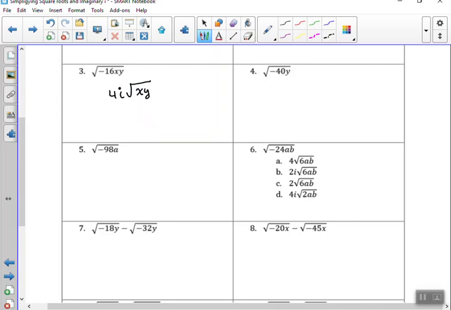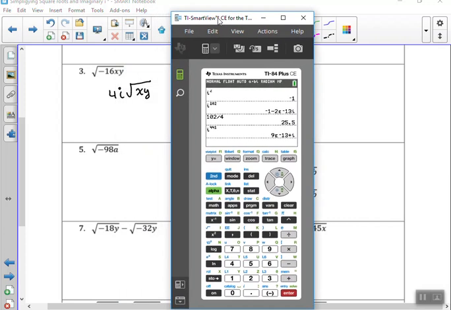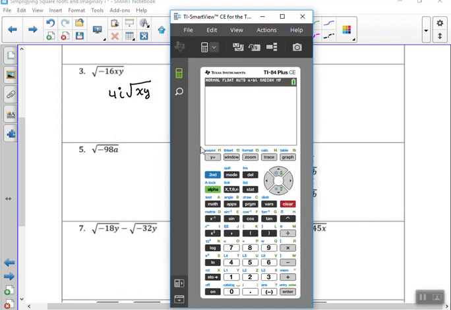How do you want to check this in your calculator? Well, I go to my calculator. I put in my original question. Let me clear all this out. I plug in square root of negative 16. And I can put in the x. There's an x right here. I can even put in a y. The y is somewhere over here, right? It's in green. So you can hit alpha 1 and you have the y, and it's not going to work